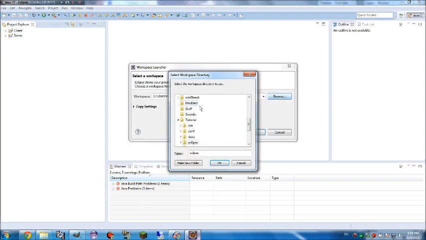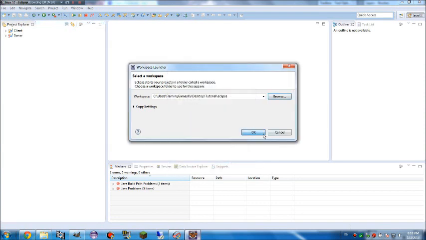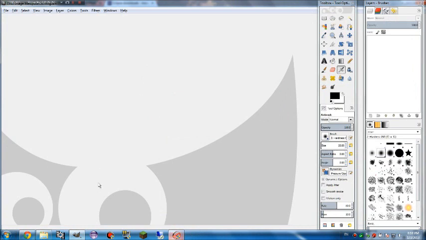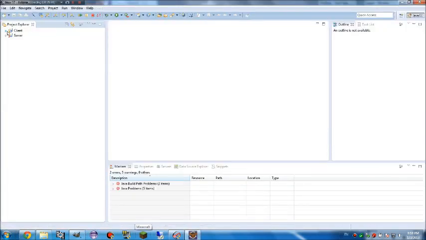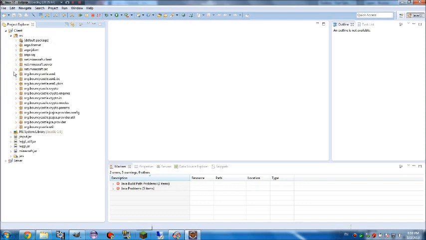And now you're going to have to navigate to your Eclipse folder inside the tutorial folder. Mine is at the desktop, so just navigate to your Eclipse, and now Eclipse will reboot, and we'll be all ready. You can probably see once this gets booted back up. Yep, there we go. Okay, now what we're going to do is go into Client, Source, src,